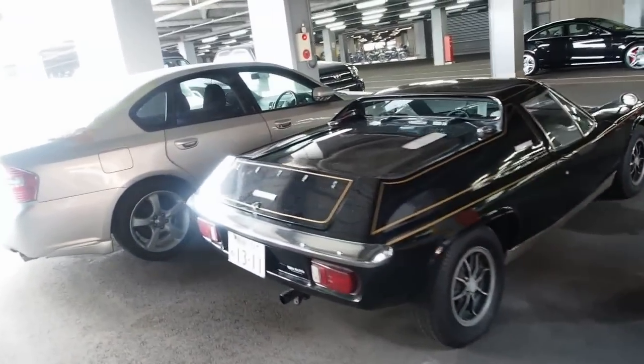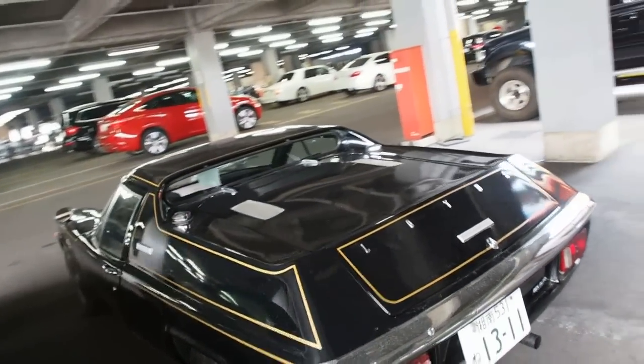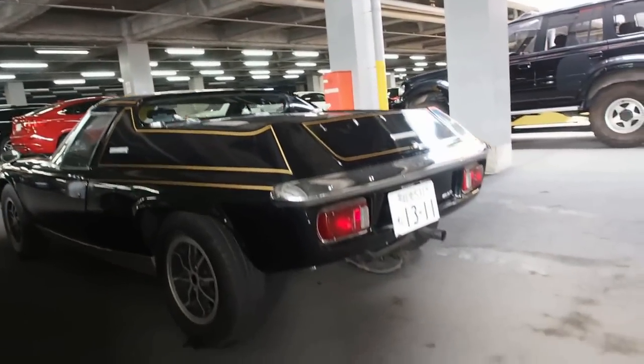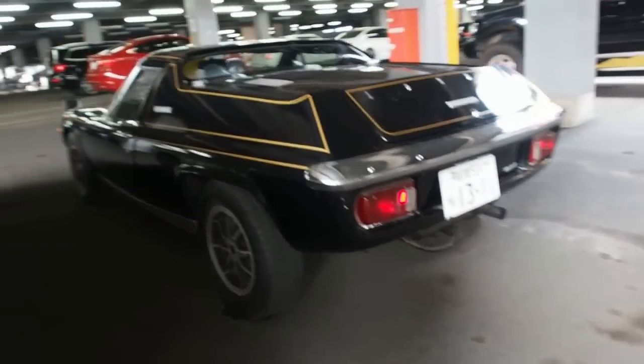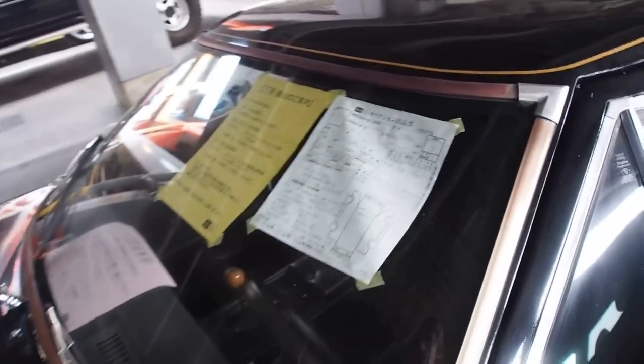I can't really comment on the condition of this one so much because I'm not an expert on these cars and don't really know the areas to look out for. This one generally looks like it's in pretty good condition. It's so uncommon to find these even in poor condition that